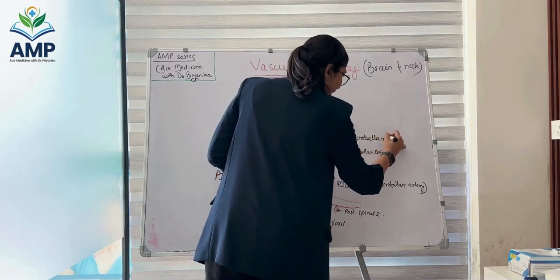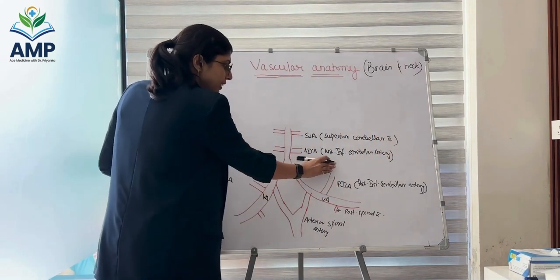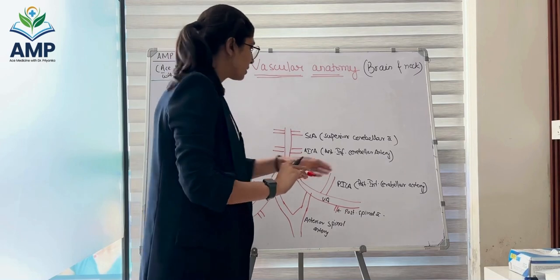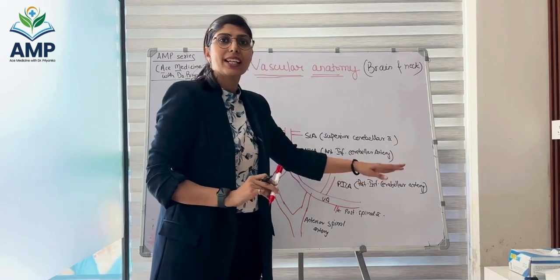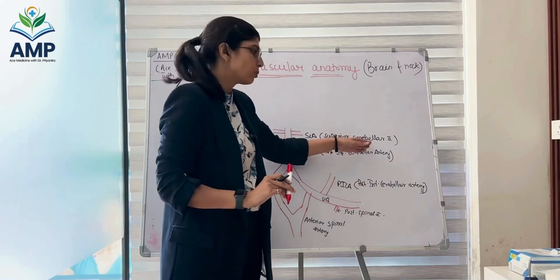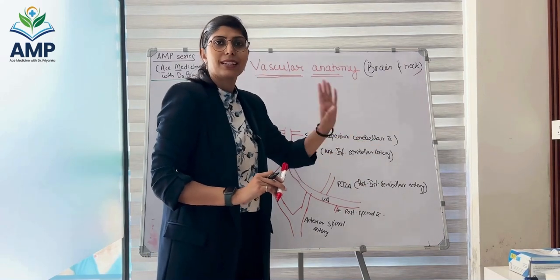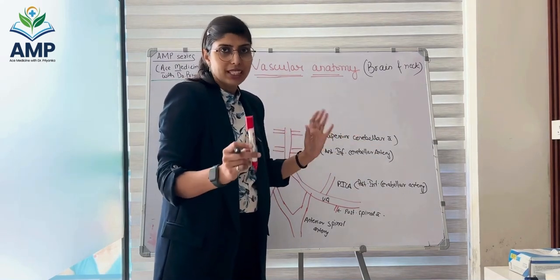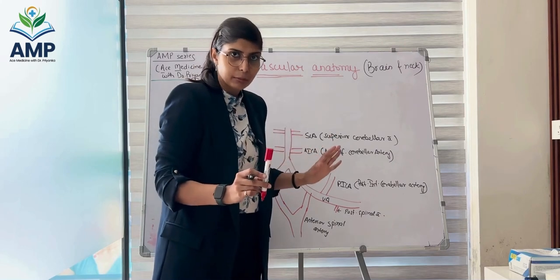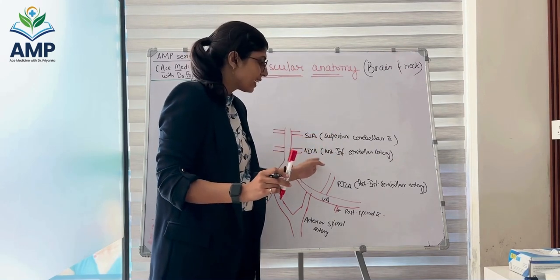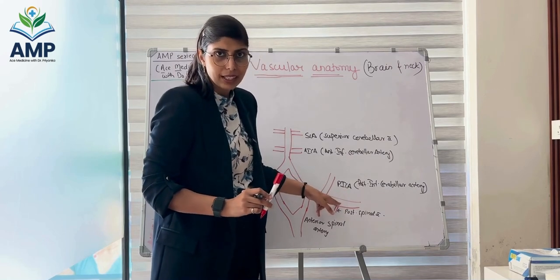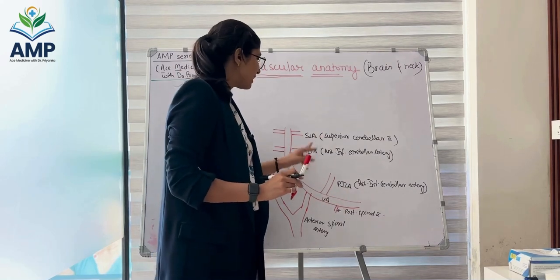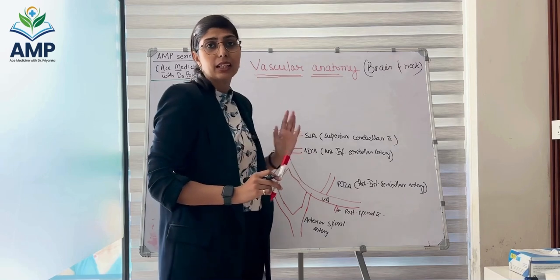You can remember it like this. So there is an inferior cerebellum. The inferior cerebellum is supplied anteriorly by the AICA, posteriorly by the PICA. If there is an inferior cerebellar artery, there has to be a superior cerebellar artery, but it is a single artery on both sides. It is not divided into anterior and posterior. So we remember it as SCA, AICA, PICA. Now we know that PICA is a branch of the vertebral artery. The point to note is that AICA and SCA are branches of the basilar artery.